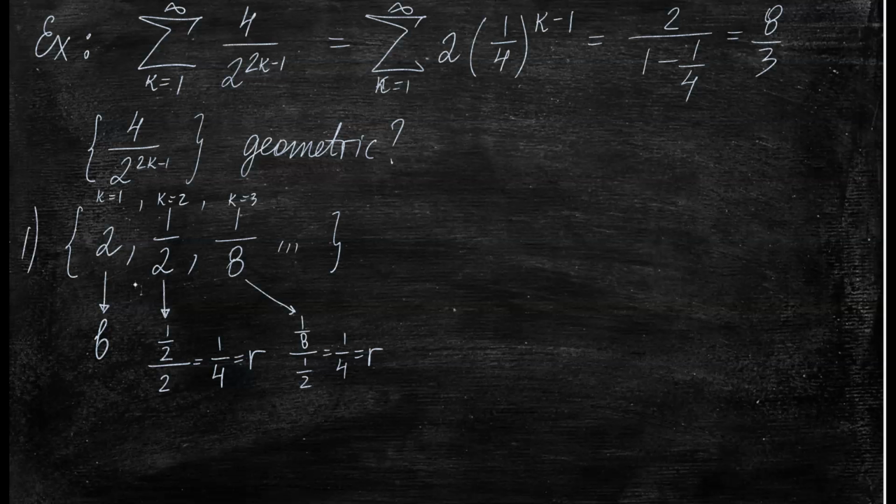Now, this was one way of figuring out that you have a geometric sequence or series. Alternatively, we can do it by manipulating this expression algebraically. So instead of having 4/2⁴ minus 1, we can start simplifying things. So we can write, instead of 4, 2 squared. Instead of 2⁴, I guess it didn't help us to write it as 2 squared, so let's just keep it as 4. And instead of 2⁴ minus 1, we can write it as